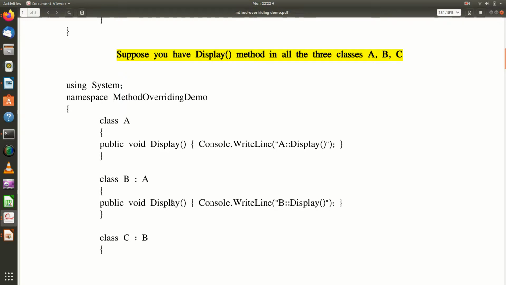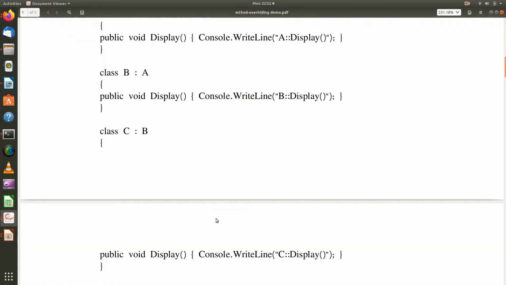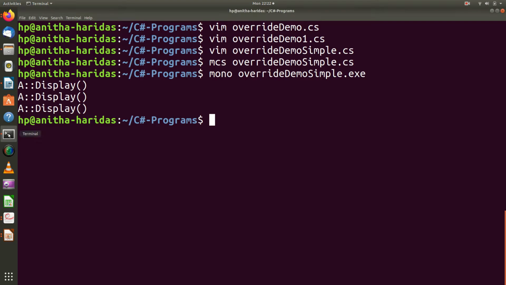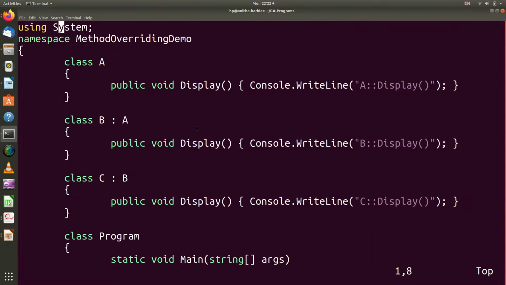all the three classes have the same method defined, and observe here it is also using the same signature. Now if you want me to execute this program, let me open this. So this is the program which we are talking about.